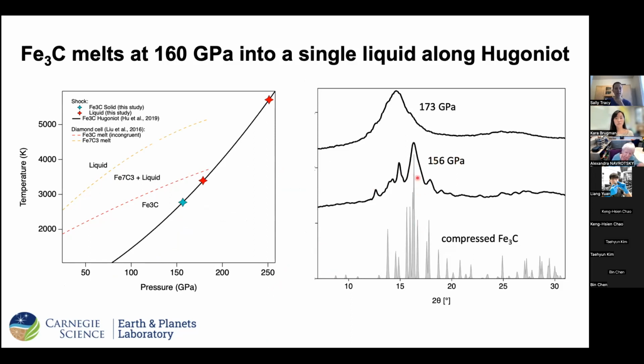And here we see that at this pressure, we can index all the peaks using the Fe3C crystal structure. And so it appears that up to this pressure, we haven't undergone a phase transformation. And then if we go to slightly higher pressures, up to 173 GPa, we observe a diffraction pattern which is consistent with a liquid,